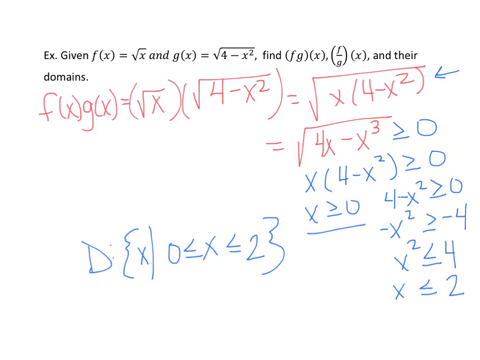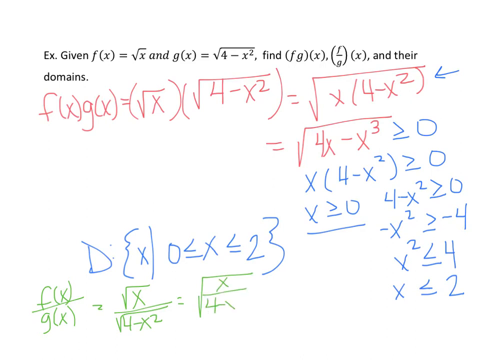Now if I do my division, I've got f of x divided by g of x, which is going to be square root of x over square root of 4 minus x squared. Not a whole lot of simplifying you can do here. You can put it under one square root, but it really doesn't make a big difference. Square root of x over 4 minus x squared. The main thing here is 4 minus x squared